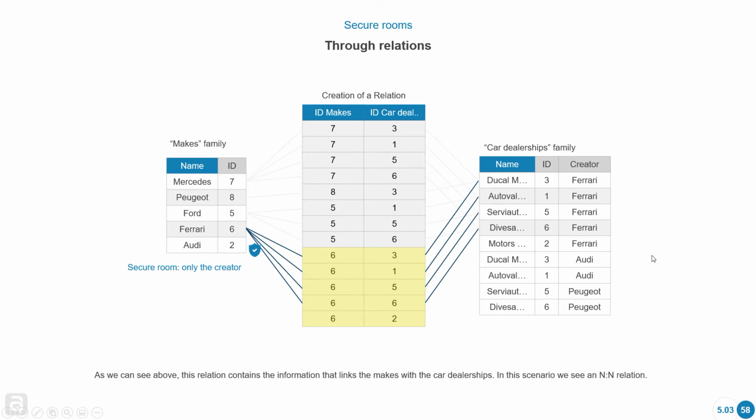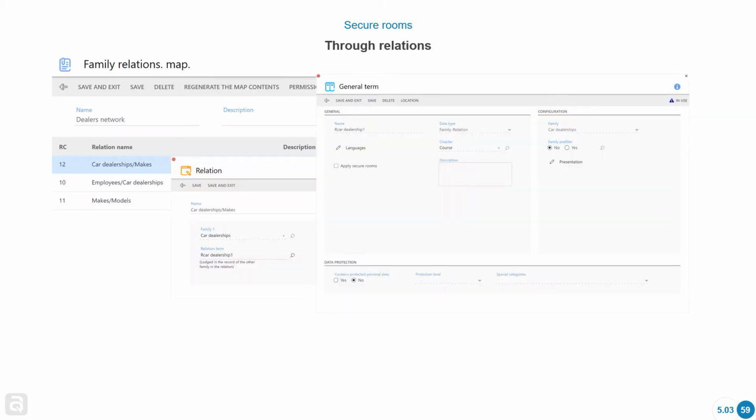What happens with the relations? As we can see above, the relation contains the information that links the makes with the car dealerships. In this scenario, we have an end-end relation. Let's go and see what happens if we have here a secure room, only the creator. So we have the relation car dealerships makes, and here in the relation term we can select the option